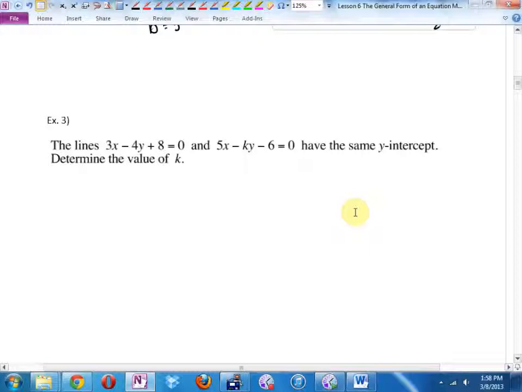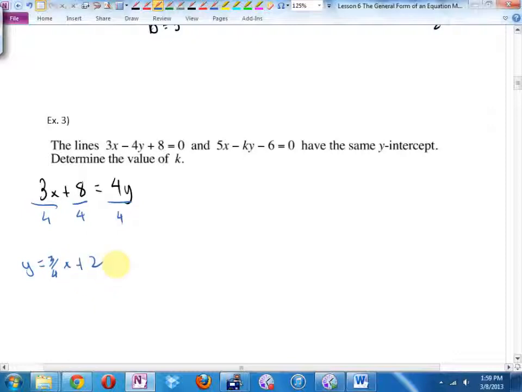How can you find the y-intercept of that first line? Oh, let's get the y by itself. Okay, we can do that. I would plus the 4y over. And then I would go divide by 4, divide by 4, divide by 4. I get y equals 3/4 x plus 2. Oh, what's the y-intercept? Two. Or as a point,